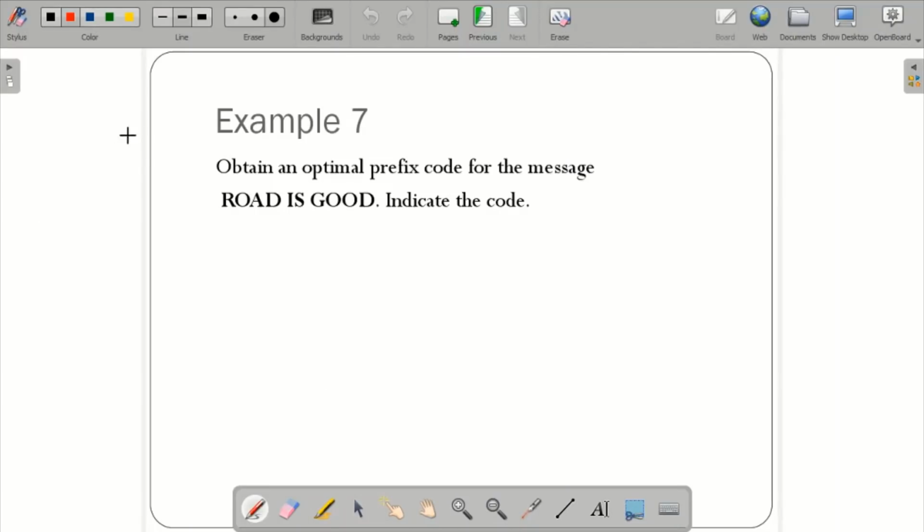Similar to the previous problem itself, but the only thing is we have to consider the space over here, as well as the letters and how many times they have repeated, their frequencies we need to find. So let us write over here: the given message consists of letters